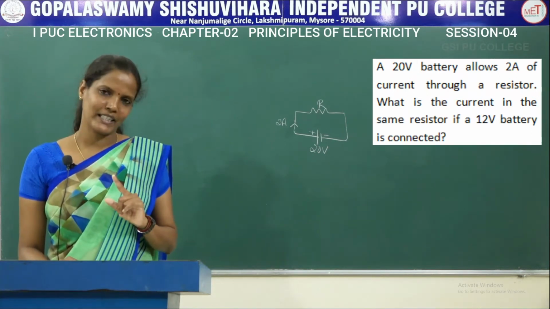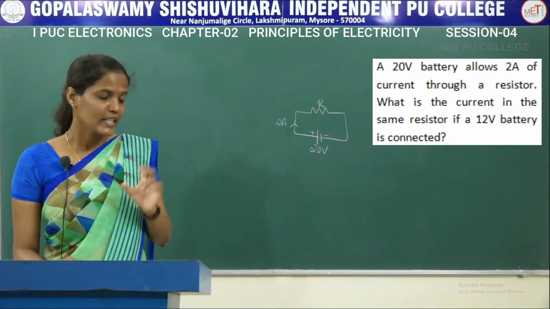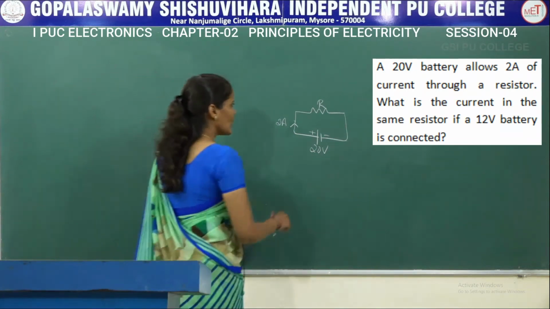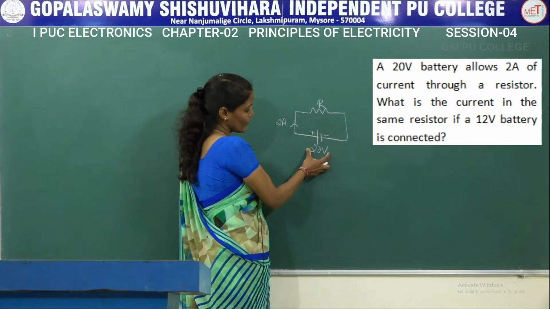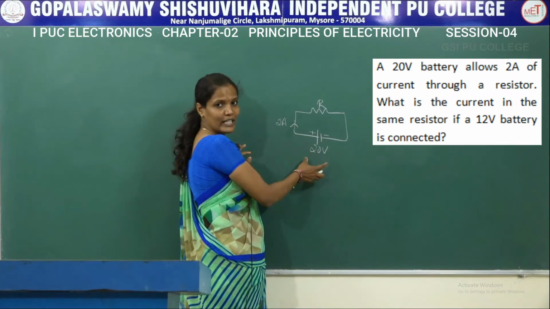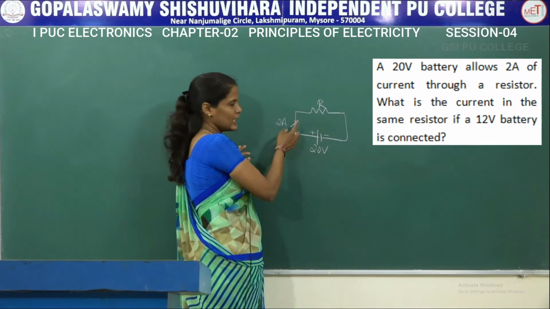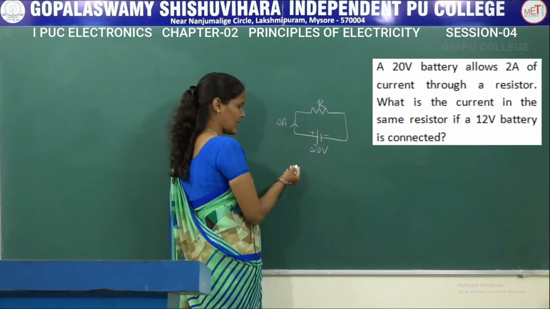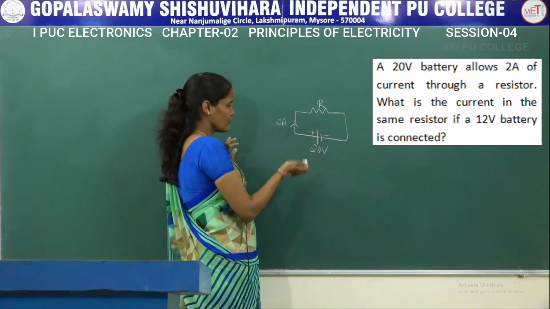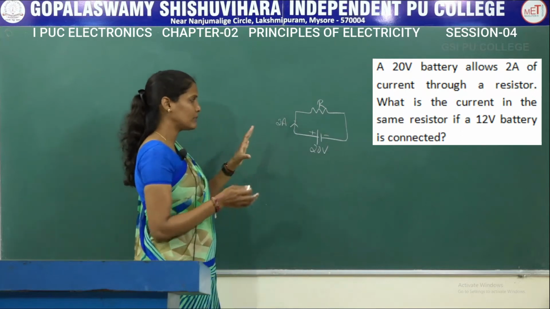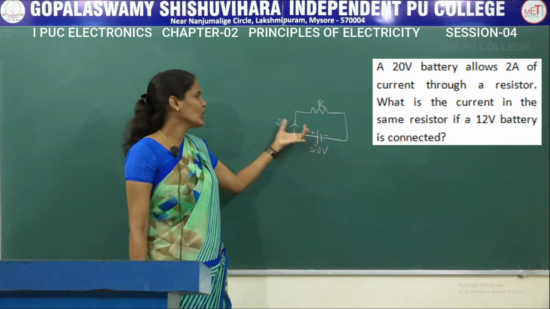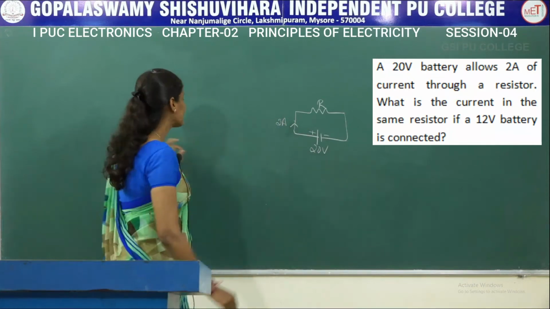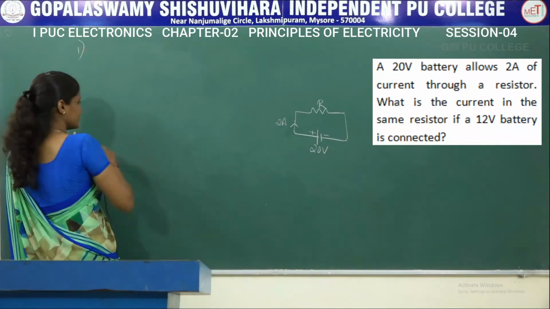Here in this particular question we are having two parts. The very first part is you have to find out the value of R given V and I, that is voltage is given, current is given. You have to find out the value of R again using Ohm's law. For the second part, for that given resistor and for the different voltage you have to find out the current. Let us solve this problem in steps.